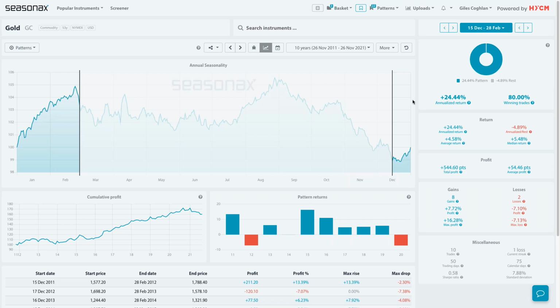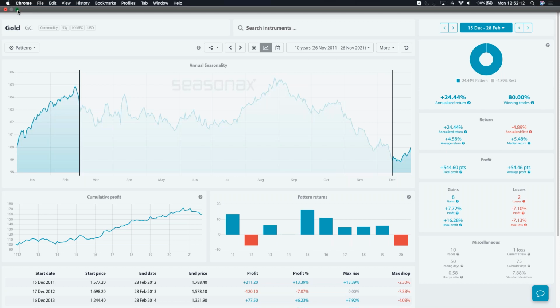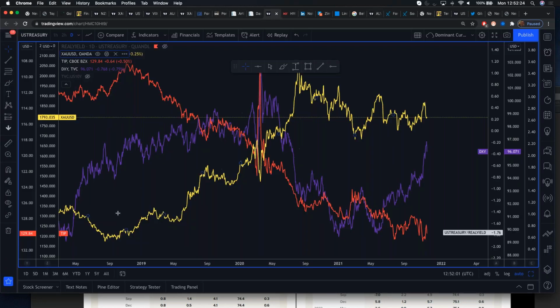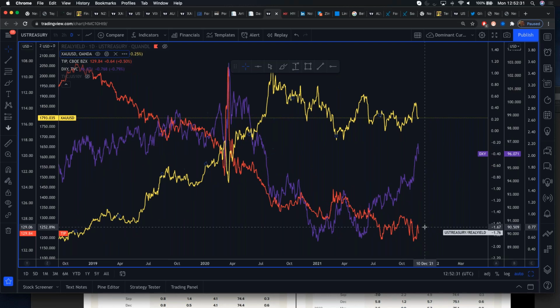So in order for gold to keep rising, we need to see three things, and this is what to look for. We want to see real yields falling and the dollar falling, and that will lift gold. So if we see real yields falling, that's inflation rising, bond yields falling, and the dollar falling. That should lift gold. That's really what we want to see.